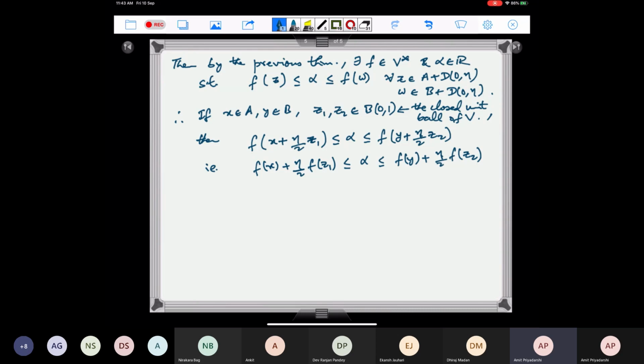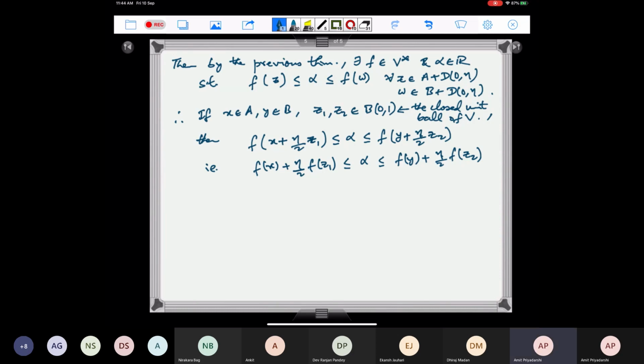Now if I take the supremum of this left hand side for all z1 in the closed unit ball, then the supremum of f of z1 where z1 belongs to B01 gives exactly the norm of f, right? Norm of f is the supremum of mod f z where z belongs to the closed unit ball. So we'll get f x plus eta by 2 norm f is less than or equal to alpha, and